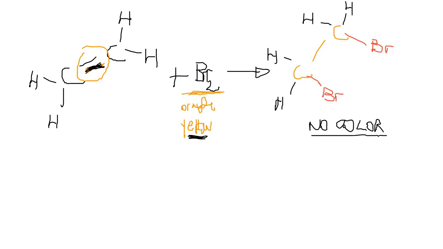unsaturated hydrocarbons will test positive with the bromine test, but aromatic compounds do not react as easily because of the resonance that we just mentioned of those double bonds, that they are all together. It prevents them from producing addition reactions like alkenes or alkynes. They do substitution reactions, but